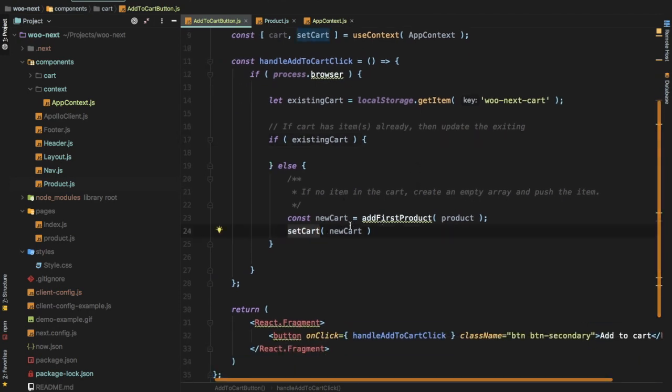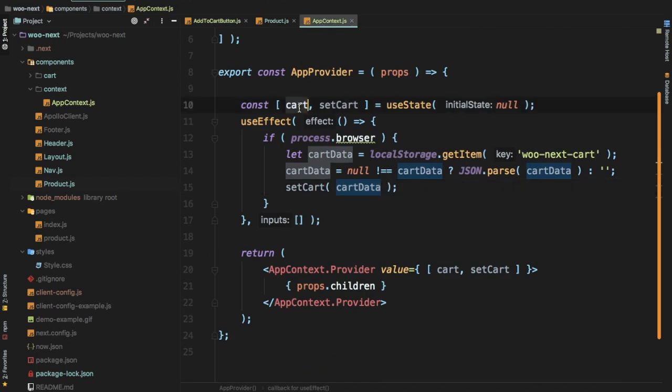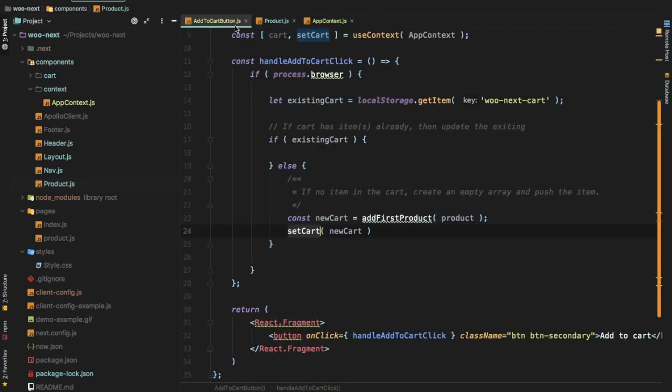So this method basically just goes ahead and updates the state. So not the useEffect, but it updates the state. Whatever value you pass inside of the setCart, it goes and updates the cart value to that. So over here we are just passing the new cart value to setCart, so we're just going to go ahead and update the cart value, and it's available to all the components which are wrapped inside of the appContext.Provider. Awesome, great. So next thing we want to do is create this function which is called addFirstProduct,